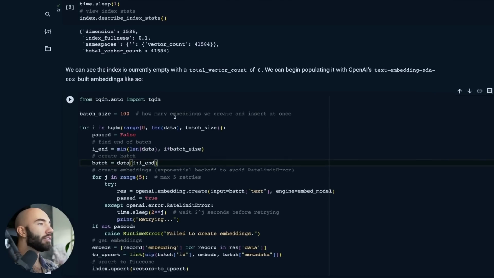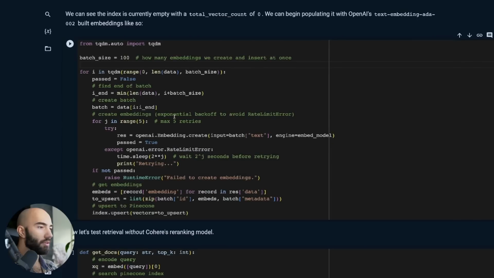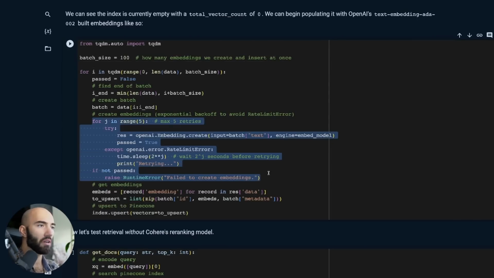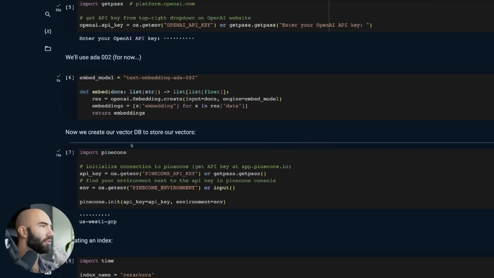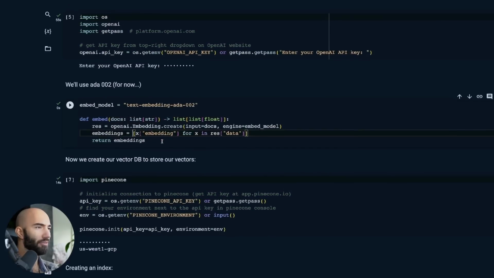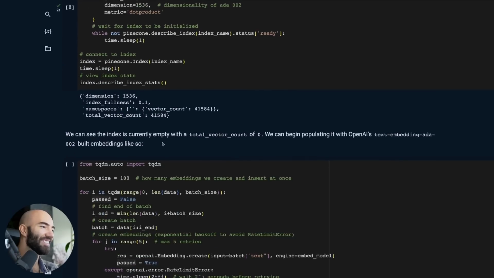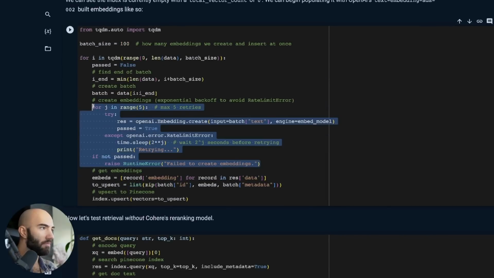Okay, so this is the code I use to create my index, right? It's pretty straightforward. The one thing that is maybe a little more complicated, but it's not that complicated, is we're actually creating the embeddings here. So I think I defined an embedding function up here actually, and I ended up not using it for some reason. Just ignore that. So in here, this is where we're doing our embeddings, but we're wrapping it within an